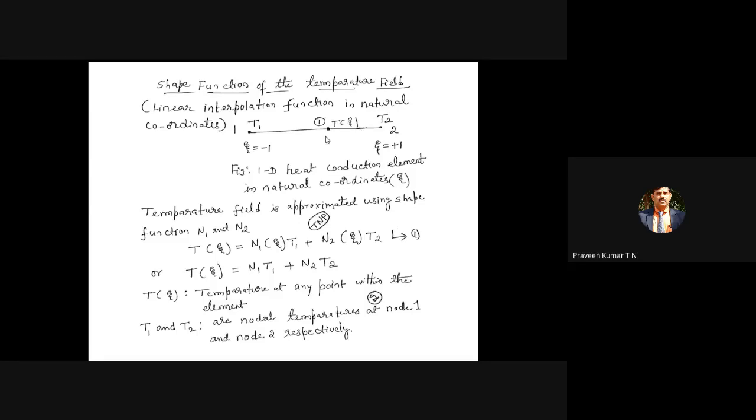Suppose we want the temperature here. What is the temperature? Only thing is, we have already derived N1 and N2. You only have to substitute the xi value. By substituting xi equal to 0.1, we'll get one value. By substituting xi equal to 0.3, we'll get some other value. So that is the advantage of using finite element analysis. Or in the case of beam, once you know the displacement at node 1 and node 2, at any point within the element, we can get the vertical displacement by using interpolation functions.